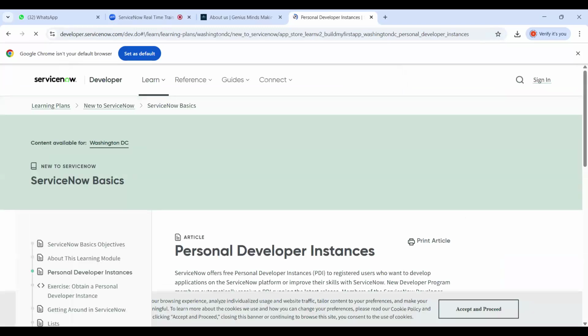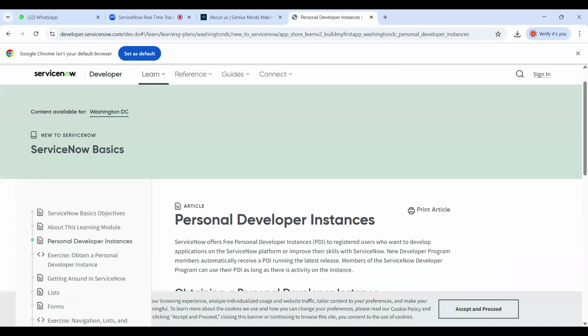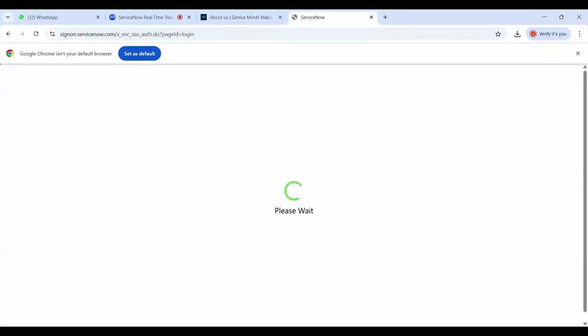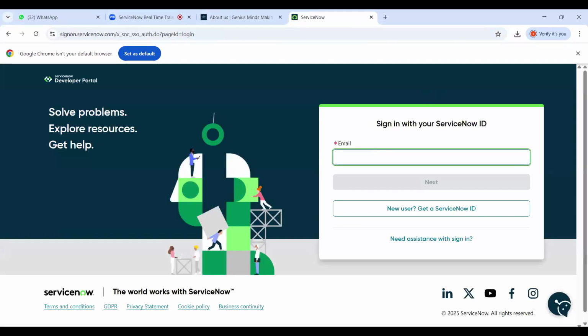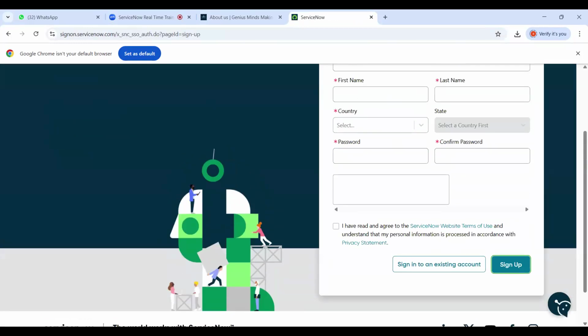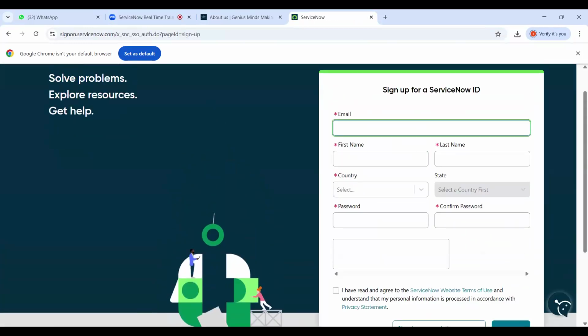Okay, sign in. Looks like the system is slow. Create new. Below there is new user, correct? New user, get a ServiceNow ID. Put your email ID.